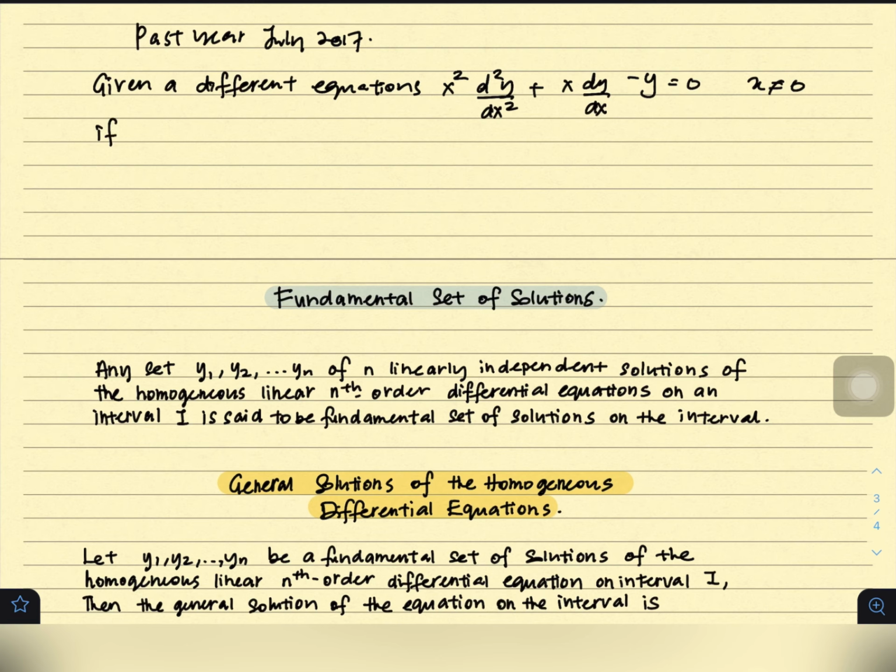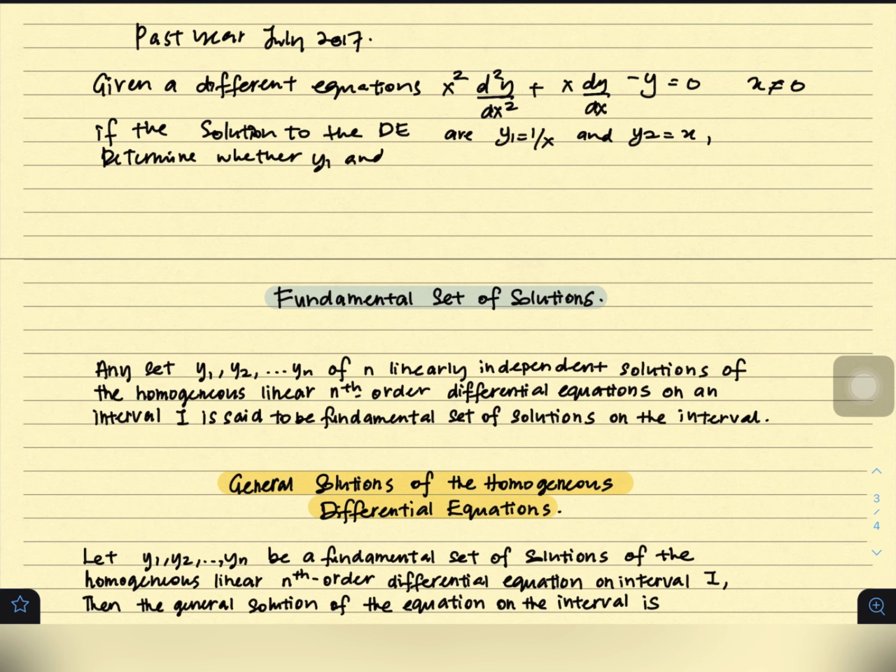Mind my writing, I want to be quick. If the solutions to the differential equation are y1 equal to 1 over x and y2 equal to x, determine whether y1 and y2 are linearly independent. Okay, the question says given a differential equation, this one is the differential equation,